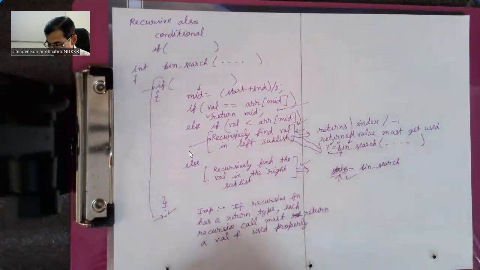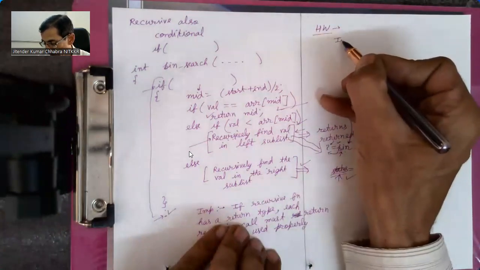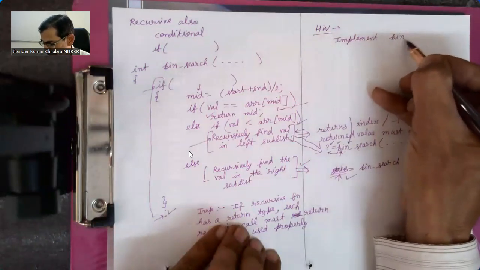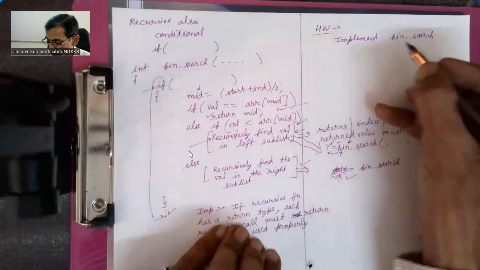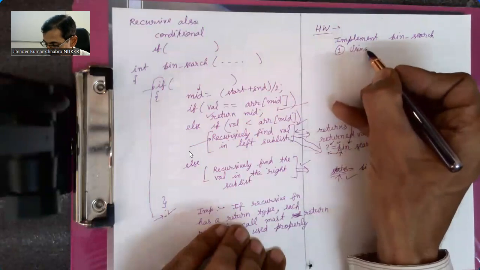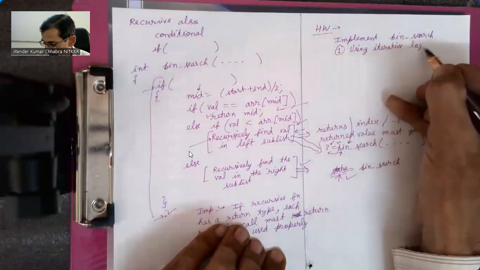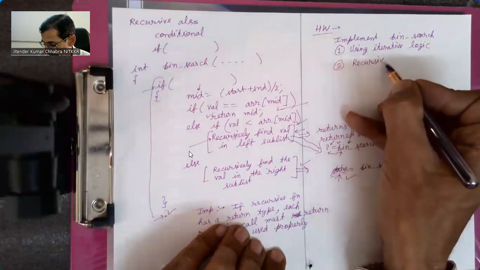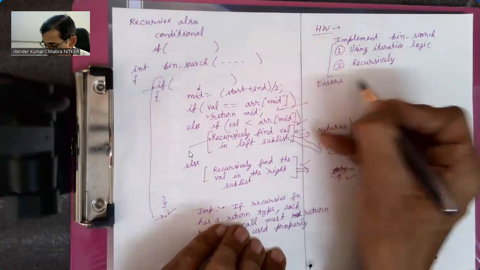Having said that, I think I will stop here. So I give you homework. Your homework is to implement binary search in both ways. Of course, assuming your input supplied will be sorted data. So give input as sorted data only. Implement using an iterative manner, or iterative logic. And then also implement it recursively. And ensure that both work well